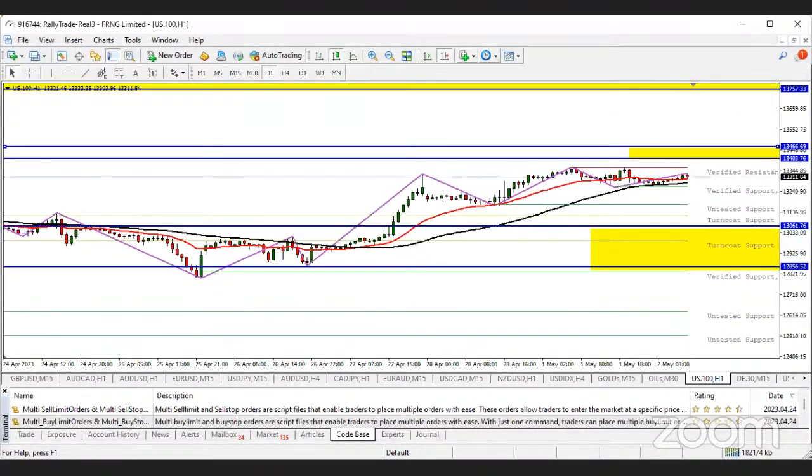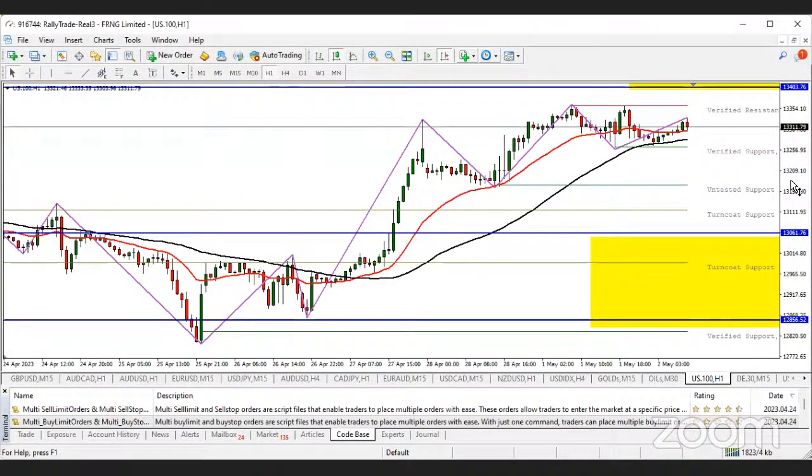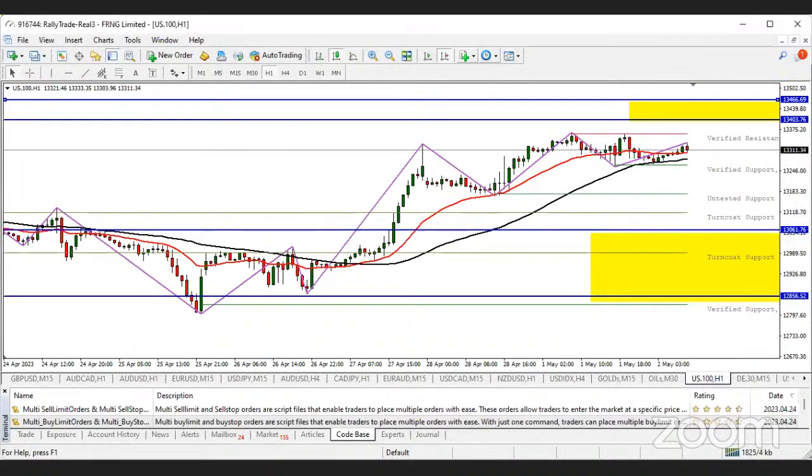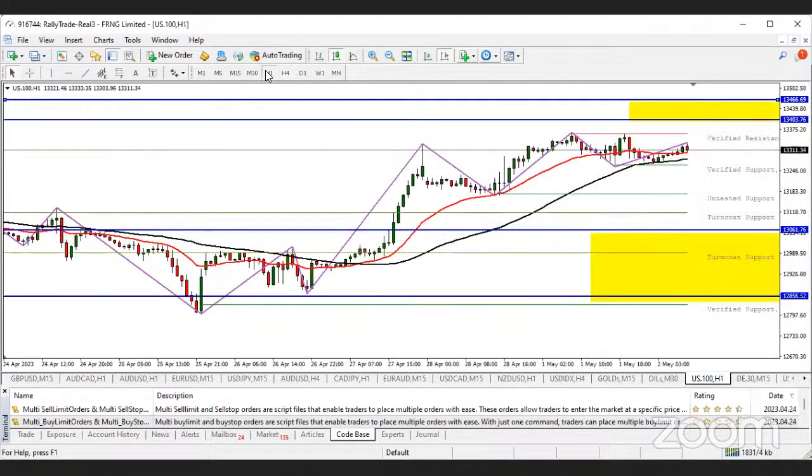You can see those zones we marked on our 4 hour time frame. Those could be where you are looking to close your trade. But I'm looking forward to a buy between this zone, and the reasons are very simple. You can see on my 4 hour time frame, it is clearly a very good time to enter a buy where I marked there, and it's purely reflecting that too on my 1 hour. So if I can get a clear confirmation candle, then I can conveniently enter a buy.